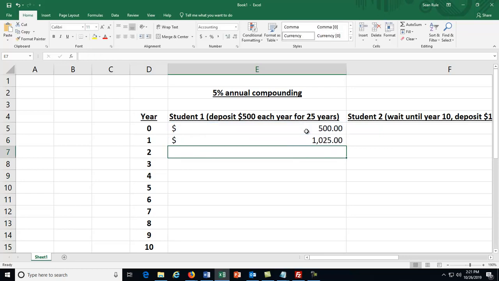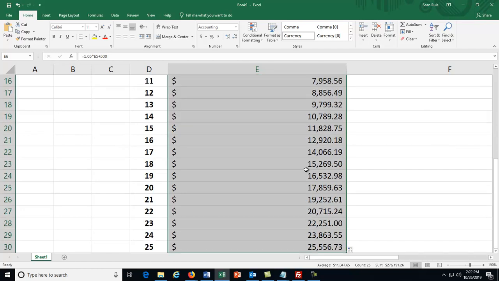Okay, so you notice they have $1,025 at this point. That's because they earned 5% interest on the 500 bucks, which is the 25 bucks extra. And they had the original 500 bucks, and then they put 500 more in, which is another 500. So 500 plus 500 plus 25. And then if we just drag that down, it's going to tell us what this annuity is going to have